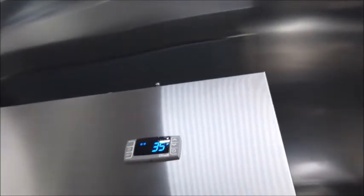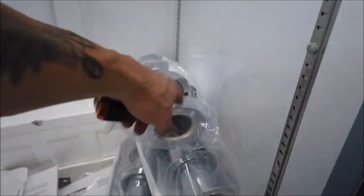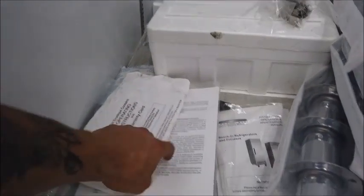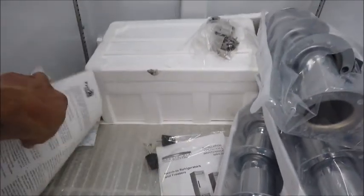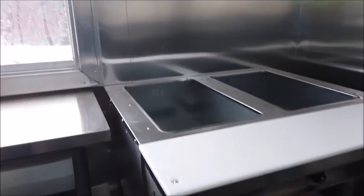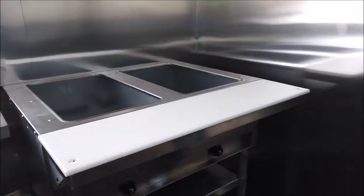Got your fridge down here at 35 degrees. Got paperwork sitting inside. This is the legs for the fryer, which also has the drain tube and the paperwork for each fryer. Steam table, we have paperwork for the fire suppression, and then paperwork for the fridge, all in its original contents. We've got your rear view window, upper shelf, got your 2-well propane steam table,